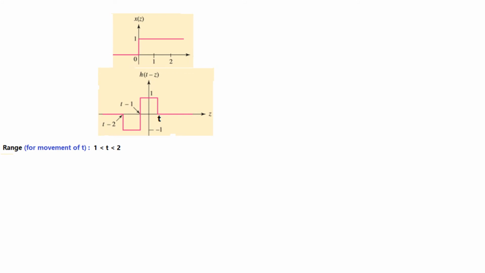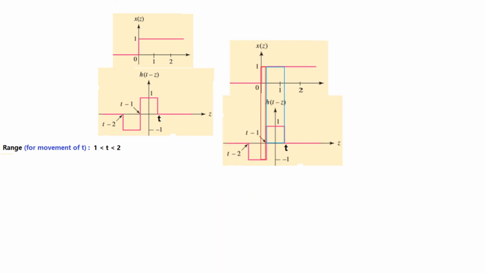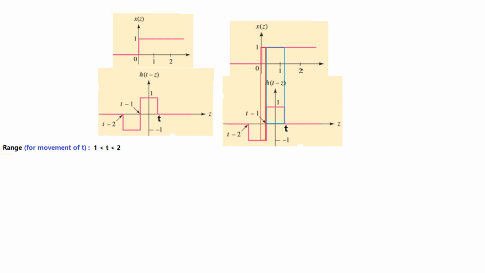So let's see from here. This is the overlap of the positive half of h(t), and also the overlap of the negative half. And now it is clear that the signal is starting from 0 and going up to this point, which is actually t. So the limit in our case now will be